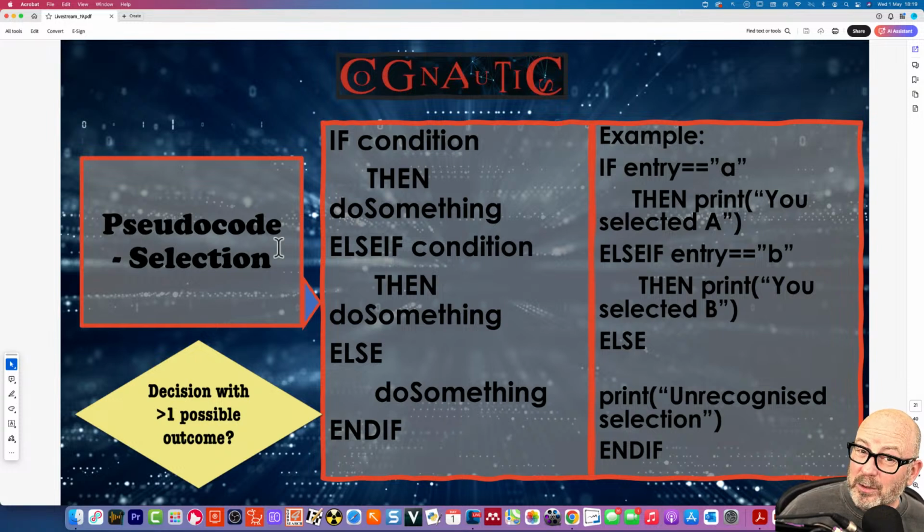You might want to use it because it's actually easier, I think, to write code with case select than it is with if statements. But I'm guessing you're more used to if statements because they tend to use them more in the exam. So you're going to use the construct of selection